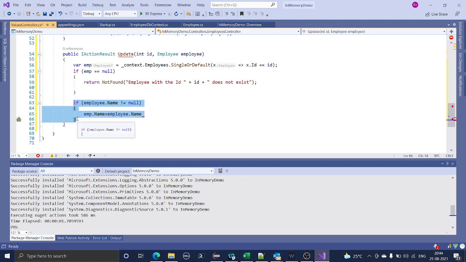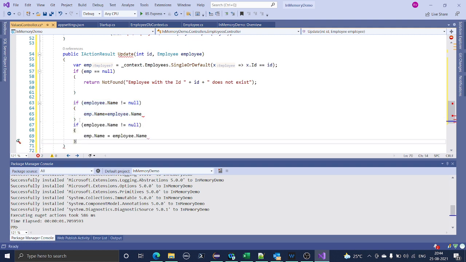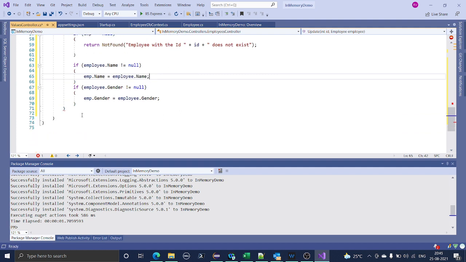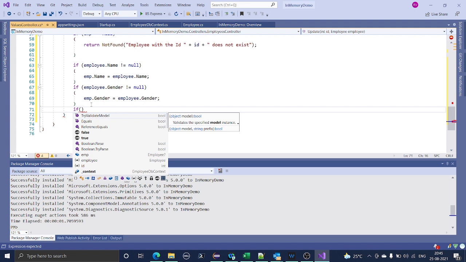Similarly, I copy paste this one. Gender, fine. Similarly, age also. If age is not passed by the user, then the value of the age will be